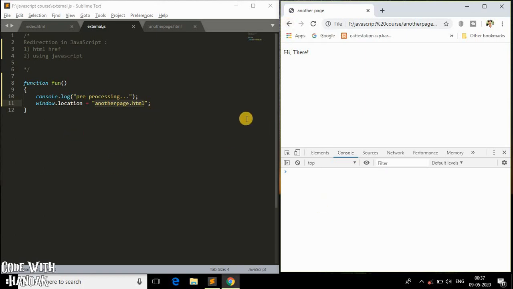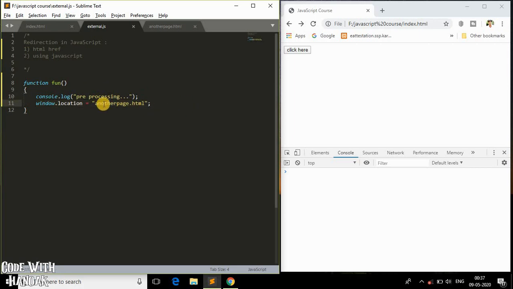Now guys, where is that pre-processing to be printed on the console? Why are we not getting that? The reason is because this page is entirely a new page, right? So we have got a new window over here. Now if I go back to the browser with the index.html, you need to be aware that we are doing some kind of pre-processing before doing redirection, right?